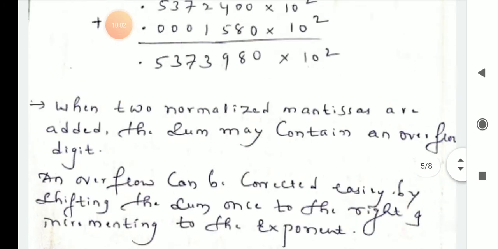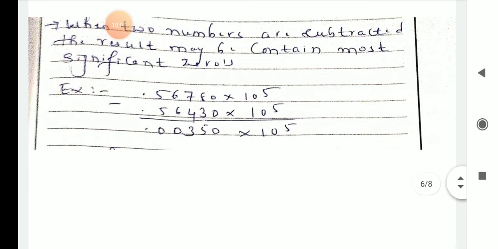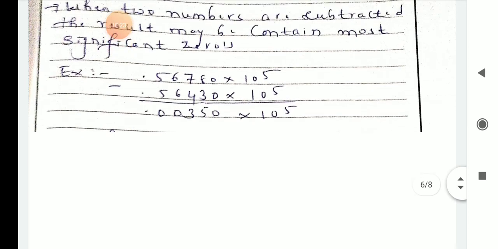So whatever you know, that example. Okay, so when two numbers are subtracted, second example, you have to move on to subtraction. When two numbers are subtracted, the result may contain most significant zeros. So whatever comes, those zeros are the most significant zeros. Take an example,